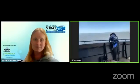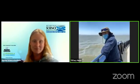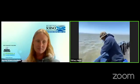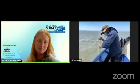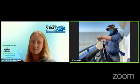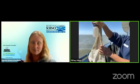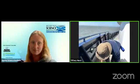Plankton net. All right, so now our plankton sample is ready to collect. So now we're going to pull up the net. Now we can see in our collection bottle it's filled up with water. We're going to put it in our sample jar. So you can see it's a little bit clear glass. It'll make it easier for us to